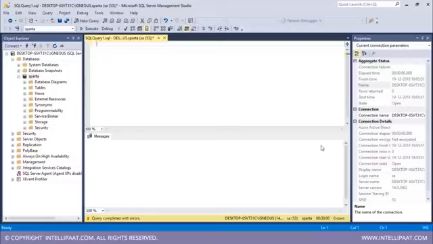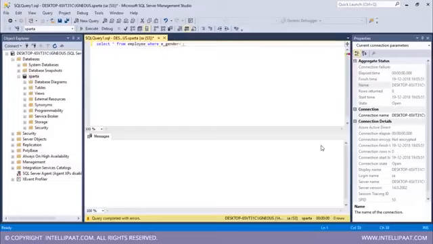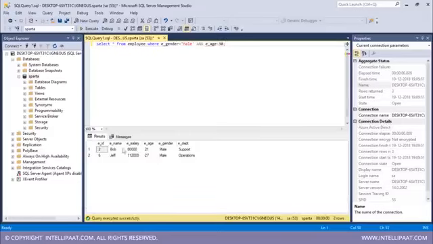So I'd want to extract all of those employees whose gender is male and age is less than 30. So the command would be select star from employee. I'll use the where clause and then give the first condition. So the first condition is gender needs to be equal to male. So E.gender is equal to male. I'll use the AND operator and then give the second condition. So the second condition is the age needs to be less than 30. Let me hit execute. Right, so Bob and Jeff are the two employees whose gender is male and age is